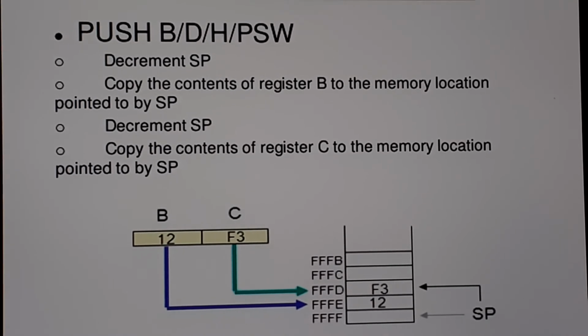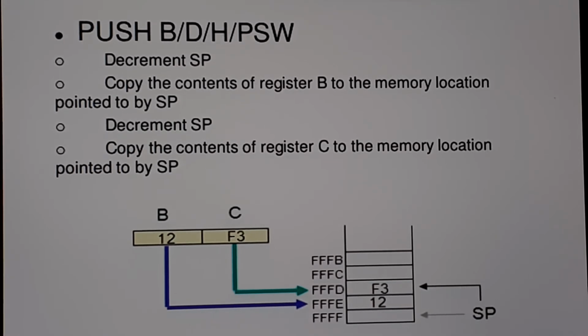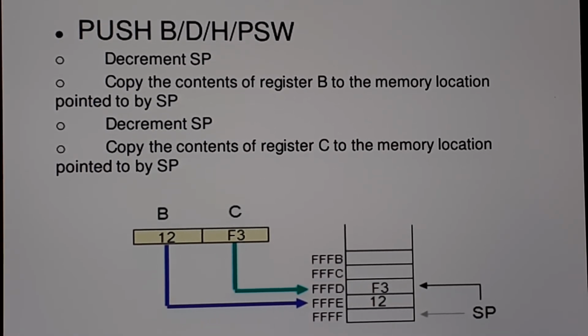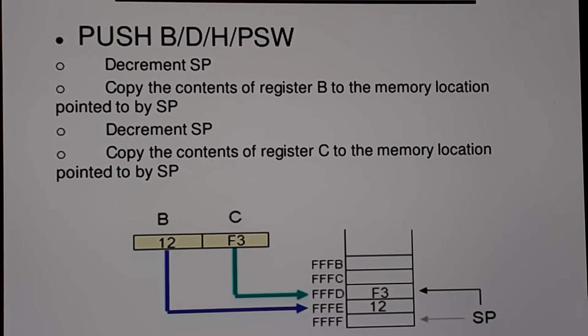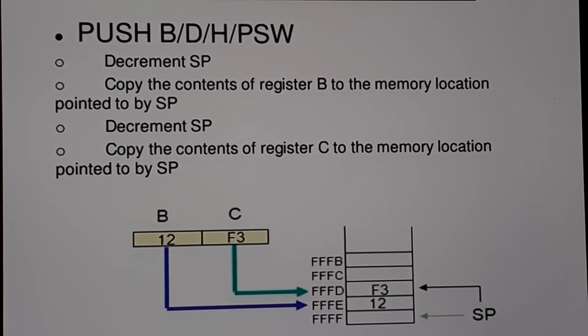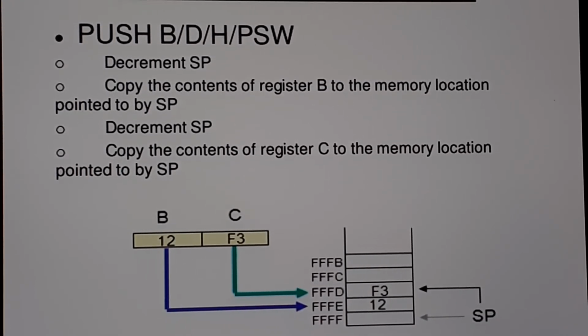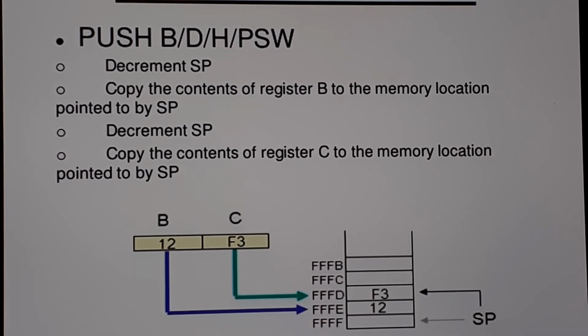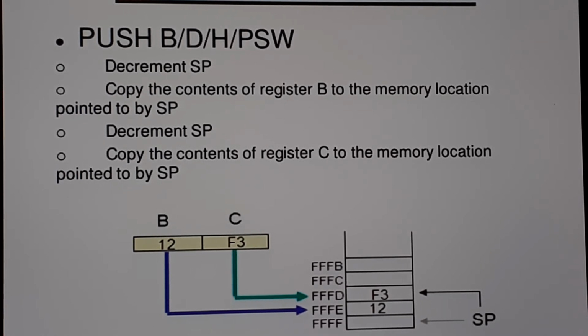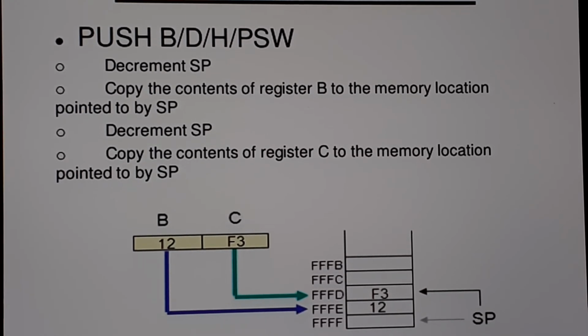While taking the register pair, you need to take it as two 8-bit parts. That is how you have to show it, because you have to move the register pair content separately. If it is BC, you will first move the B register content and then the C register content. So this is very simple. That was the push operation. You need to write all this content along with the example which I have shown.